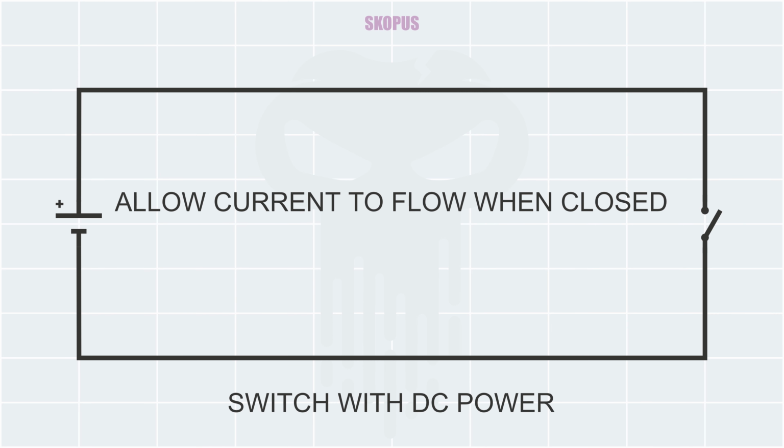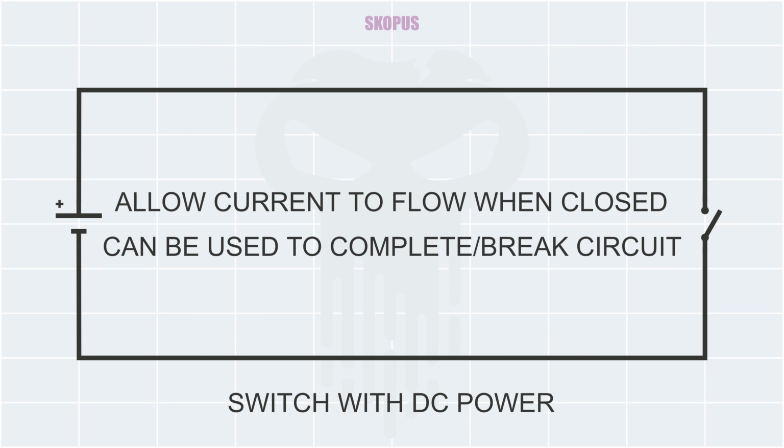The next component is so simple but so useful in our circuit: switches. When we open a switch, we break the circuit and the flow of electricity through that circuit will immediately stop. And when we close the switch, the electricity flows through that circuit and the circuit gets completed. Very useful devices that we use almost in our daily lives. They are so simple but still so useful to us. For example, if we consider a light bulb, with a click we can complete or break a circuit, and that's how we turn off or turn on a light bulb in our houses.